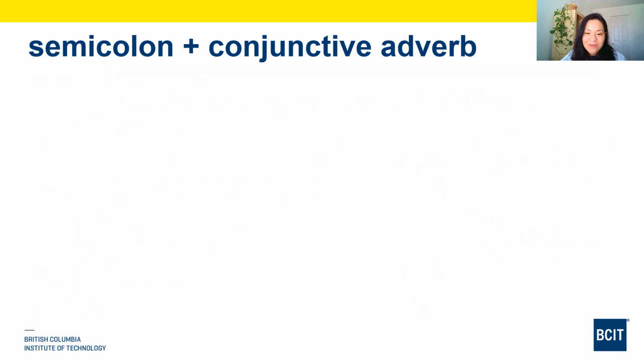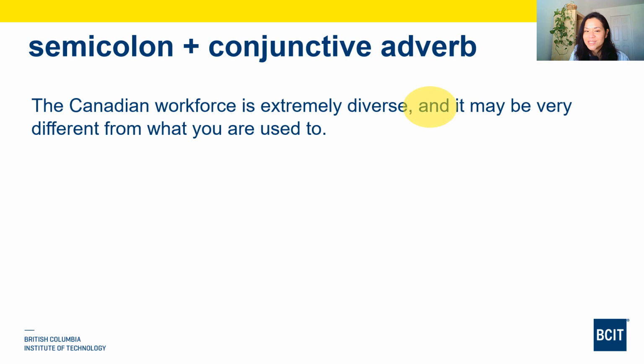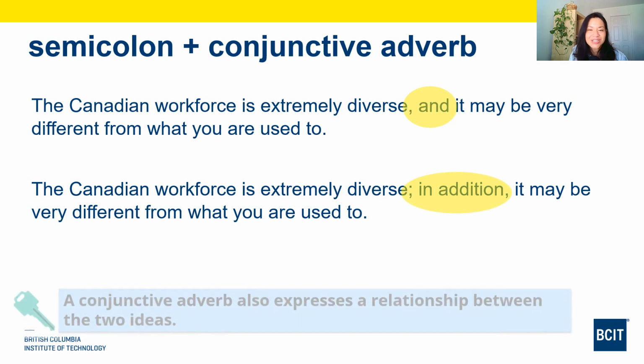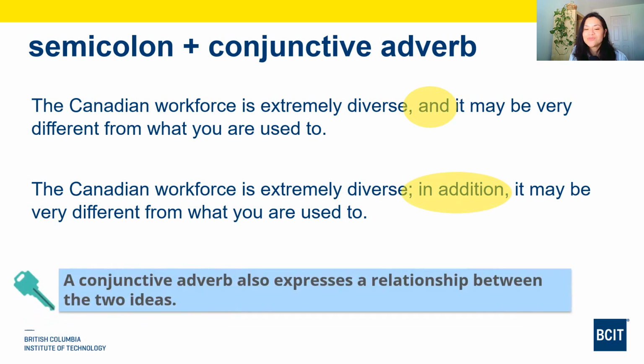Let's look at this other example we saw that was joined by a conjunction. The Canadian workforce is extremely diverse, and it may be very different from what you are used to. Can you try joining it together with a conjunctive adverb? We replace the comma with a semicolon, and we replace the conjunction with the conjunctive adverb in addition and add a comma after it. So just like conjunctions, conjunctive adverbs also signify a range of meanings like addition, contrast, and